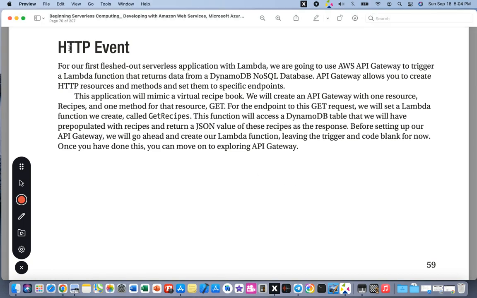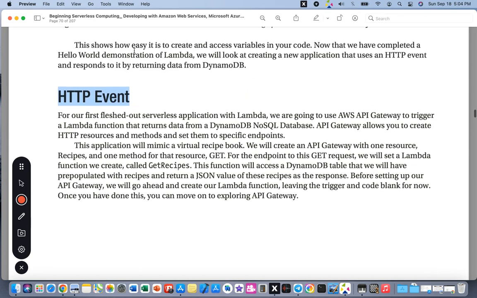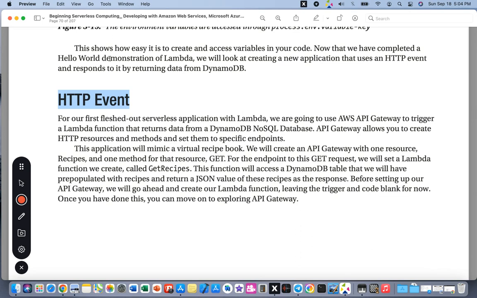We are still in chapter 3 about AWS, Amazon Web Services, and we took an example. This time it's another example about using AWS. In the previous example, it shows how easy it is to create and access variables in your code. Now that we have completed the Hello World demonstration of Lambda, we will look at